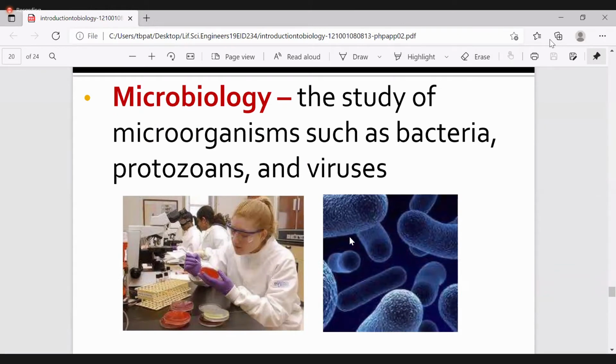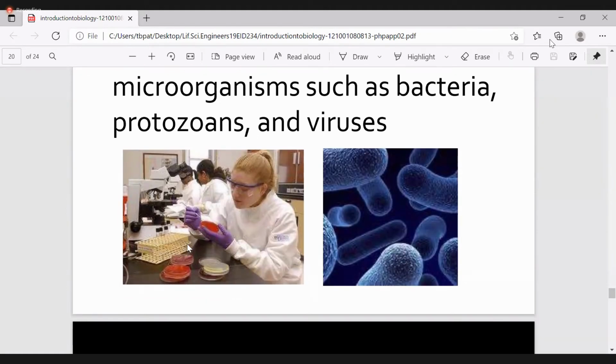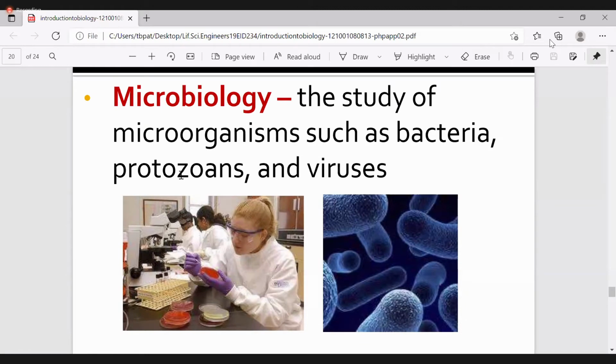And next is microbiology. Whatever organisms we can only identify under the microscope, through a magnifying glass, these are all microorganisms. This is the study of microorganisms such as bacteria, protozoans, and viruses. These are not visible to our naked eye. They are seen only under microscopic conditions, whether a simple microscope, a compound microscope, or an electron microscope. Once it's cultivated or cultured, or some testing is done, microbial studies